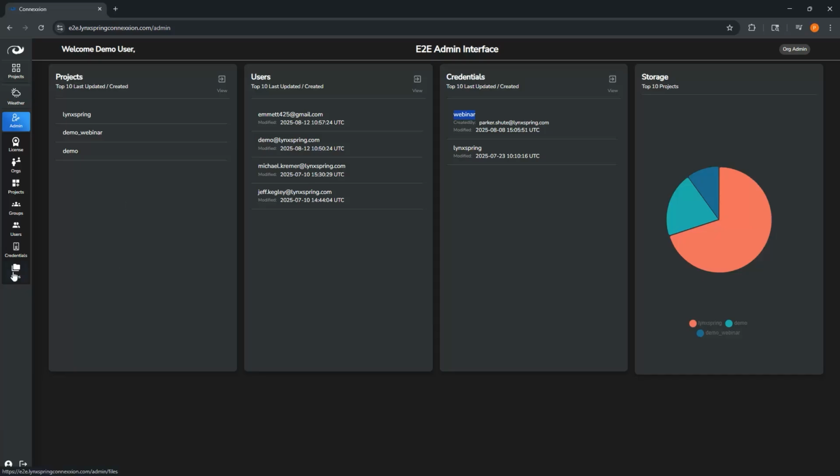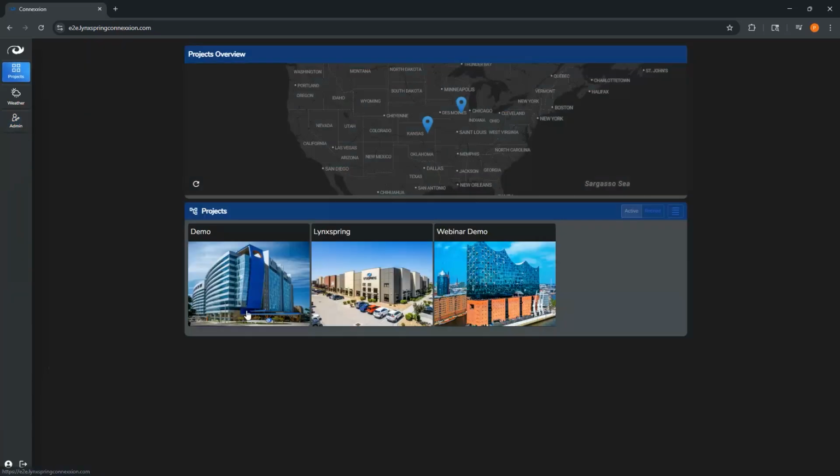There's also a file manager. So this is how you get those images and videos onto things like your site records or things like your project. So when I came here, right, this is all being fed through our file manager. In the roadmap, we envision a day where you can, let's say you have a building automation system that is locked behind a firewall and there's no way to get the data out of that, but you have the ability to export that data to a file. You'll be able to come into the file manager, upload that data export, and then we'll parse that data for you and bring that data into E2E.